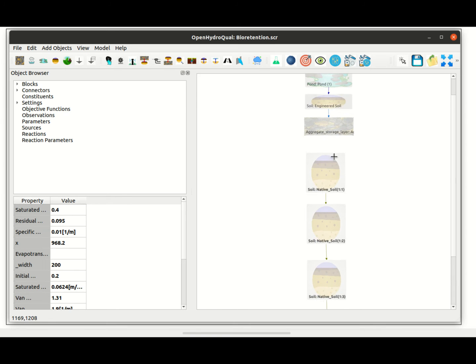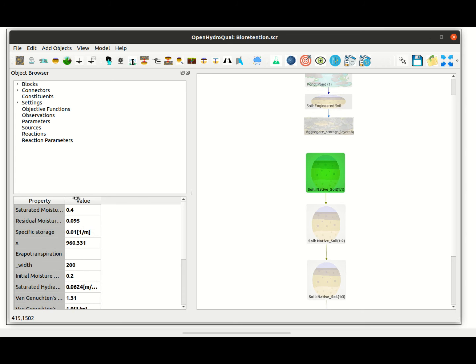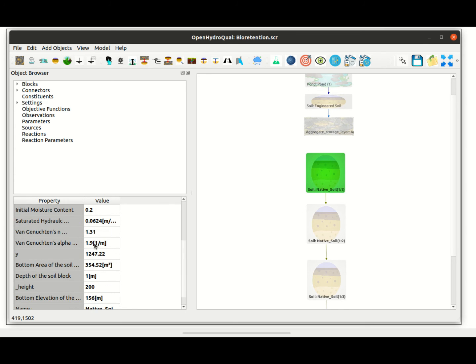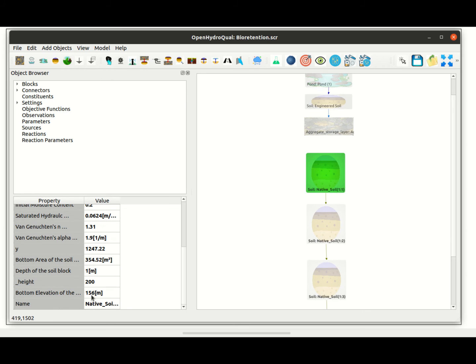So we can inspect the properties. For example, I can pick the top one, and you'll see that the bottom elevation of this one is 156 meters. The bottom elevation of the next one is going to be 155, and then 154, and so forth, right? So the next thing